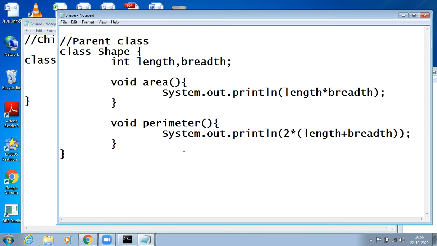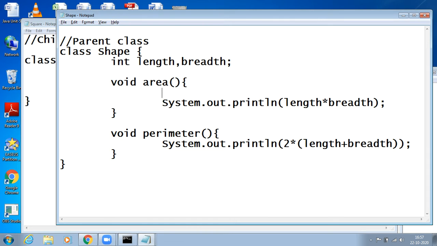Generally we all know that a square has only one property called length, right? So instead of length into breadth, I can write logic saying that by default take length as breadth.